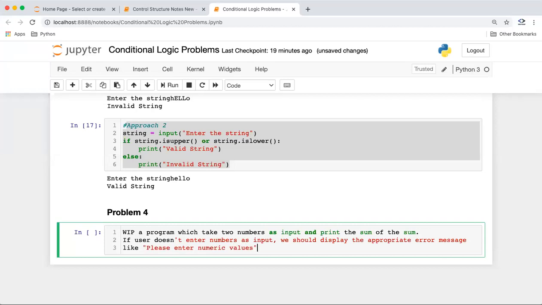So guys, in this case, these are called validations.